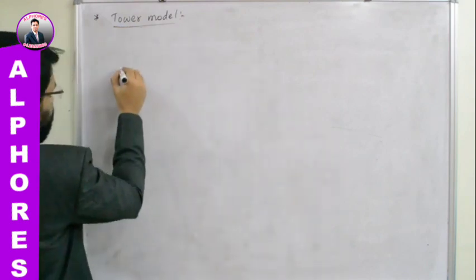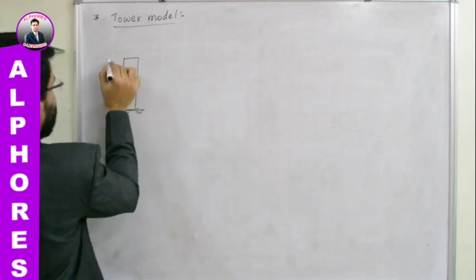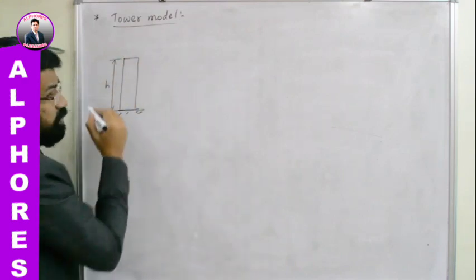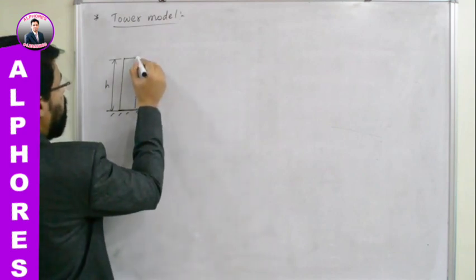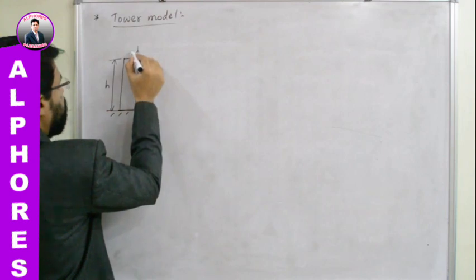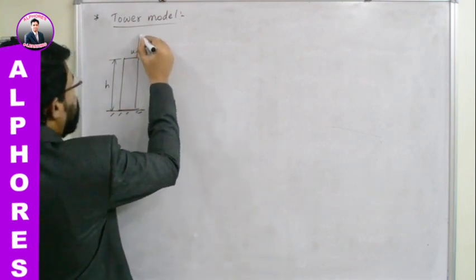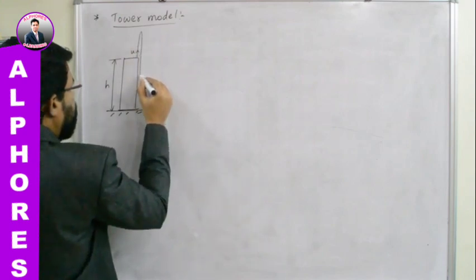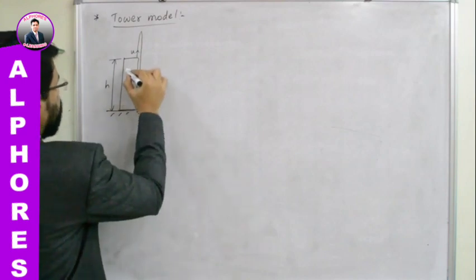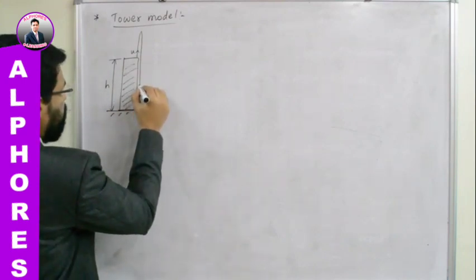a tower. Okay. So let me consider one tower. Let its height be equal to h. The height of the tower is how much? h. From the top of the tower, from here, a body is projected in the upward direction. Let us say it is projected with a velocity u. What happens? It goes to a certain height and it falls back, isn't it? Let us say this is where it is touching the foot of the tower. This is the tower. Okay, so this is where it is touching the foot of the tower.